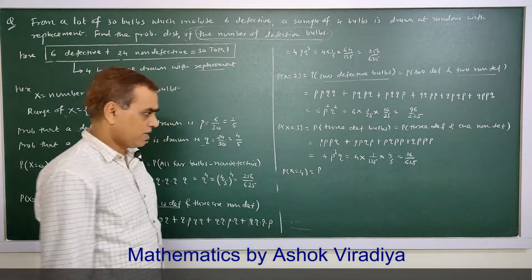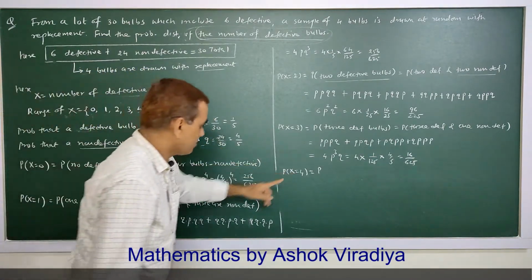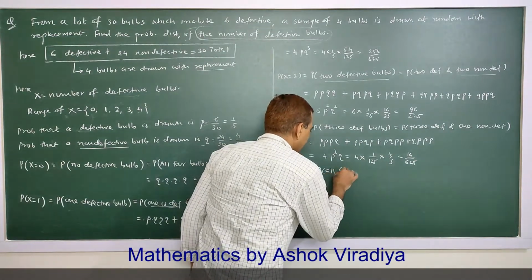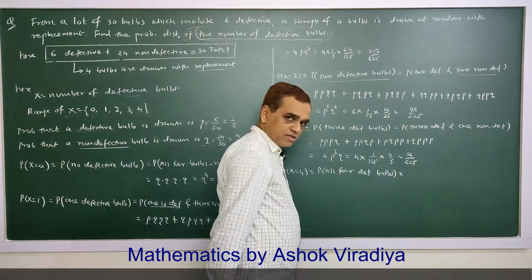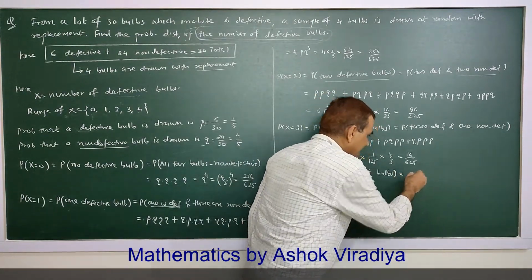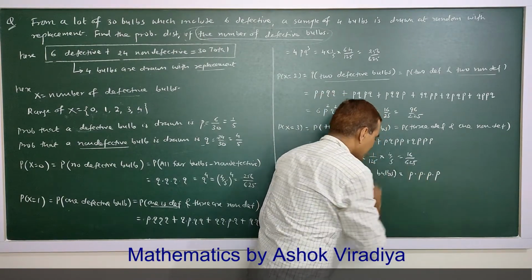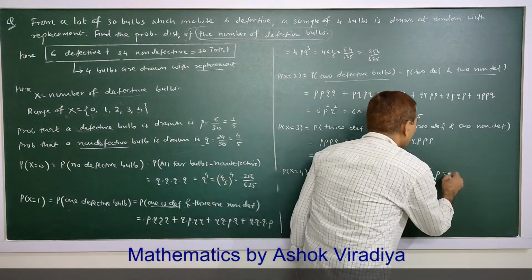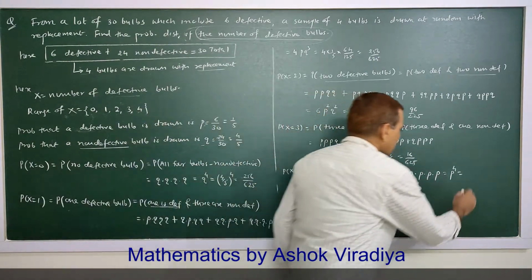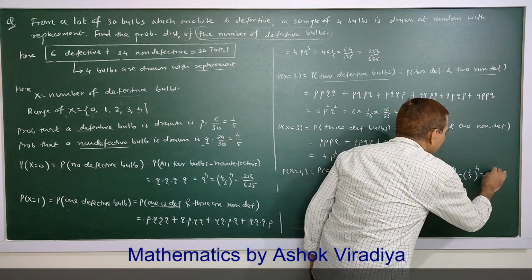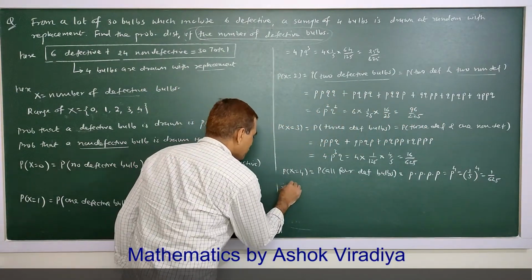Then probability of X equal to 4. That means all 4 are defective bulbs. Probability of all 4 defective bulbs means first is defective and second is defective and third defective and fourth defective. So P raised to 4, that is 1 by 5 raised to 4, so 1 upon 625. So the required probability distribution is